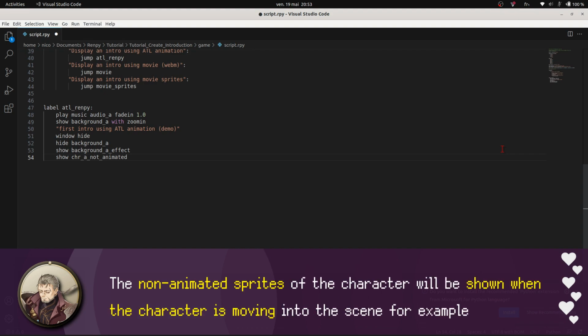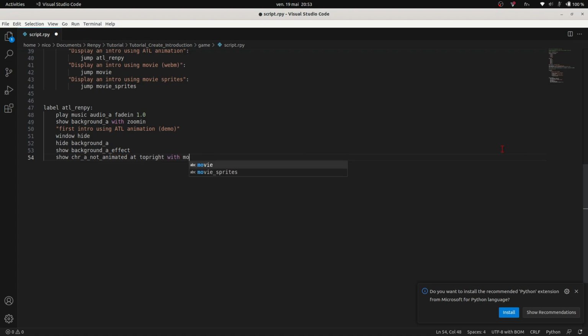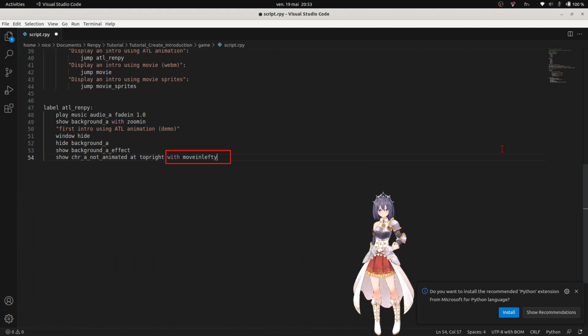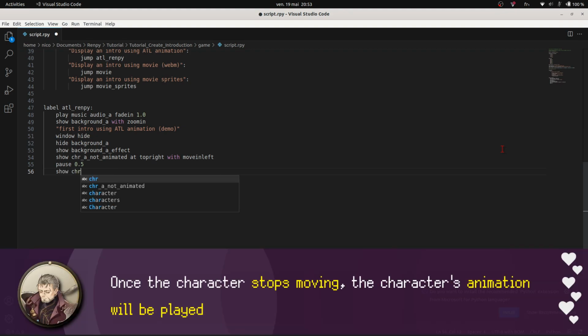The non-animated sprites of the character will be shown when the character is moving into the scene, for example. Once the character stops moving, the character's animation will play.